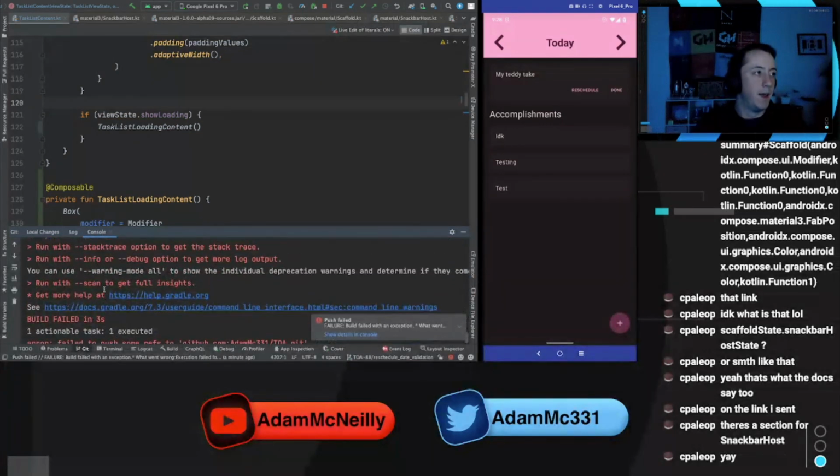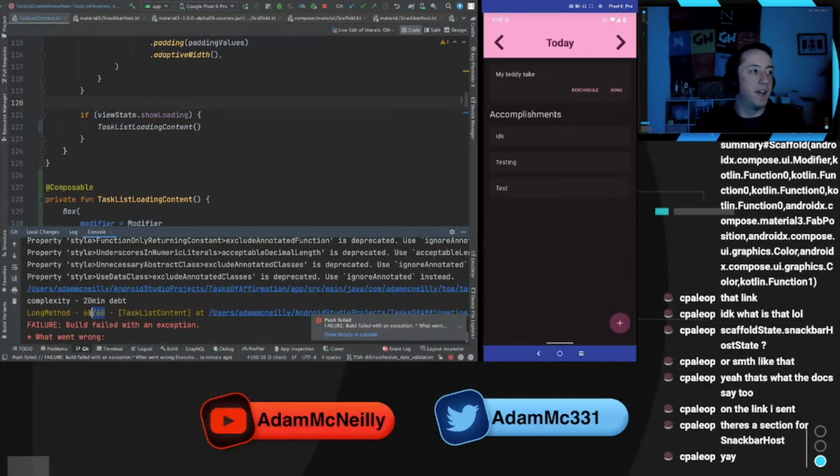That's too far up. But we have a configuration that says methods in our code base should not exceed 60 lines. That is the default, and we're saying that any method that is longer than 60 lines needs to be broken up. Now I could change that threshold. I could suppress it for a given function, and sometimes you have to do stuff like that. Sometimes you just have a lot of code. But